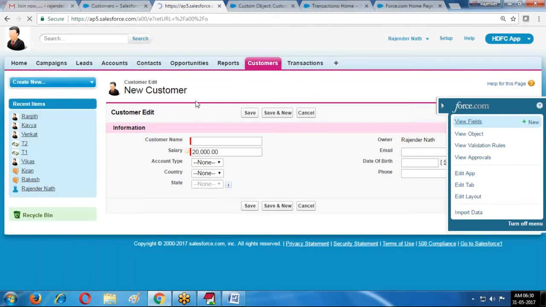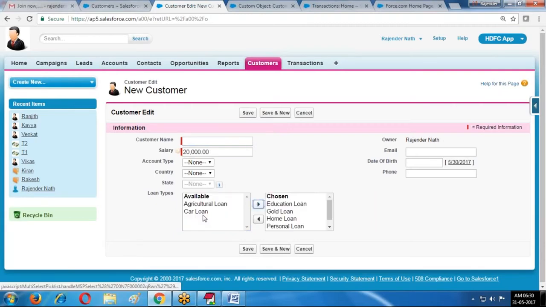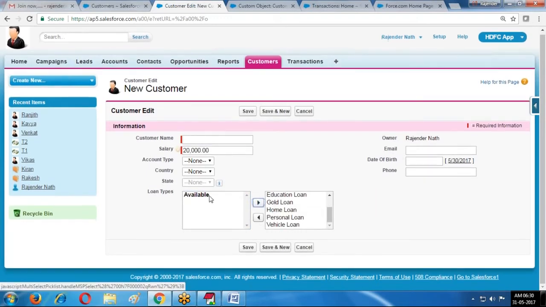If I open, it is displaying 5 rows: 1, 2, 3, 4, 5 visible lines, 5 lines it is creating. So whatever we are selecting, those selected items it is removing from this. So like this you can display.